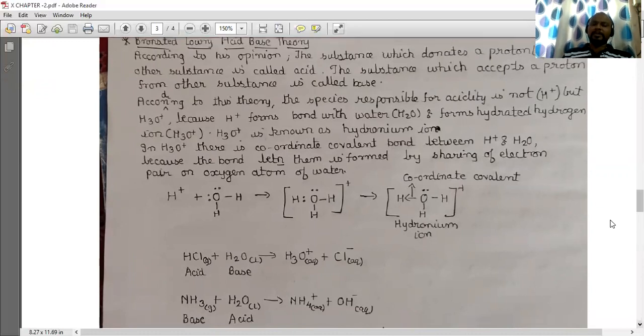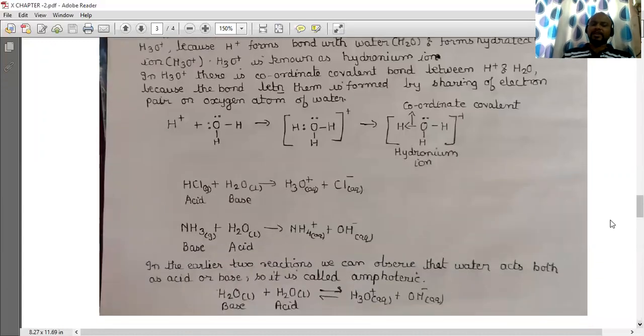Here, one example of acid as well as base of Bronsted-Lowry acid-base theory is given. Hydrochloric acid, when it reacts with water, gives you hydronium ion plus chloride ion, whereas ammonia, when it reacts with water, gives you NH4 plus and OH minus, that is hydroxide ion. In the earlier equations, we can see that water acts as both acid and base, so it is known as amphoteric. Now, moving on further,